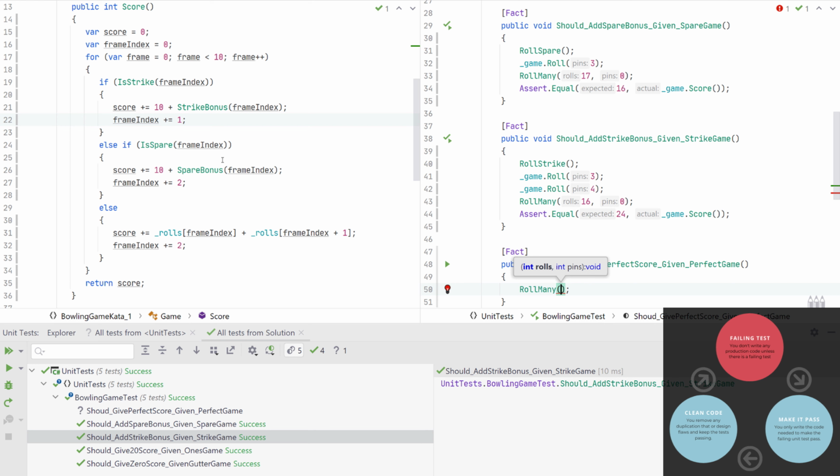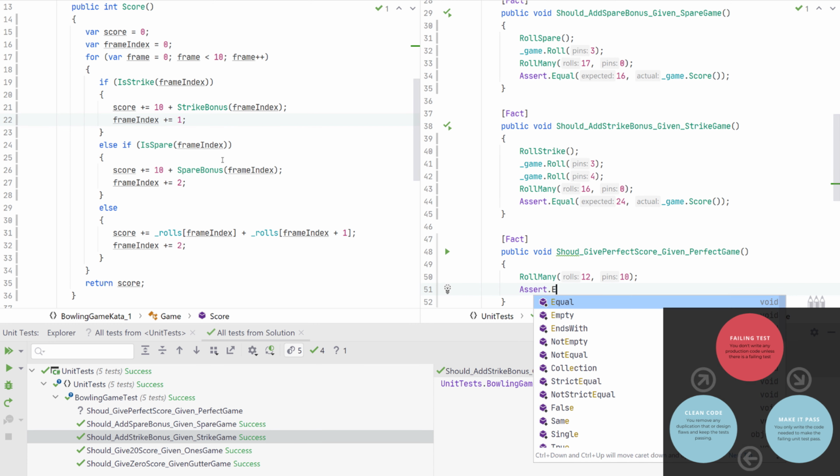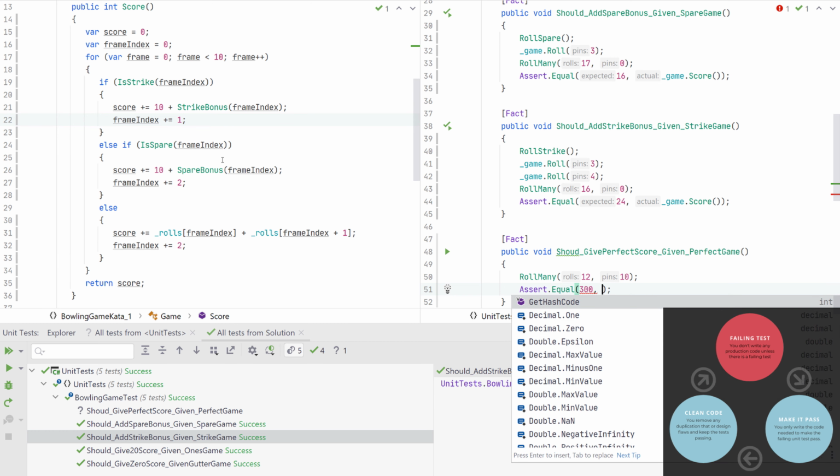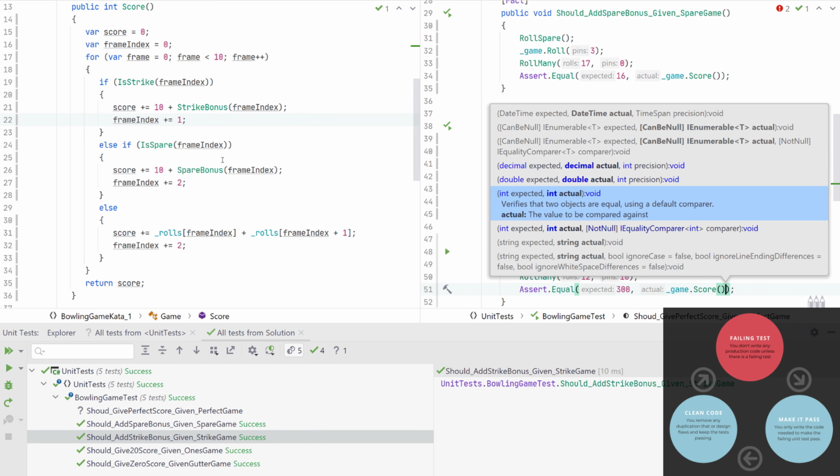So 1 strike per frame, that's 10 strikes. But to evaluate what the final strike gives as a bonus, we need 2 more rolls. So in total we have 12 rolls with 10 pins in each. And it should give us a score of 300. So let's see if that works as expected. It does.